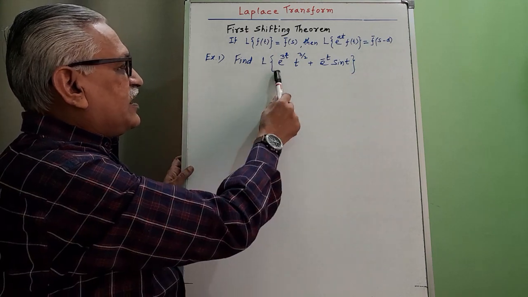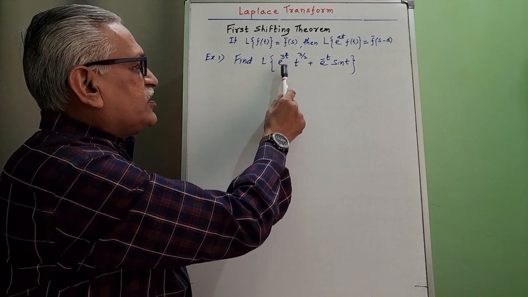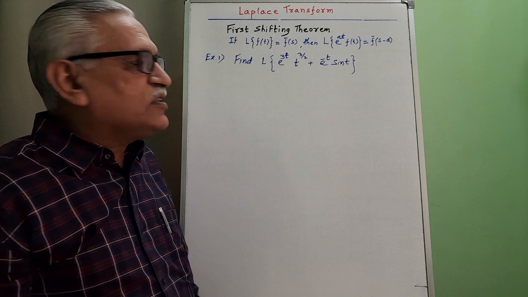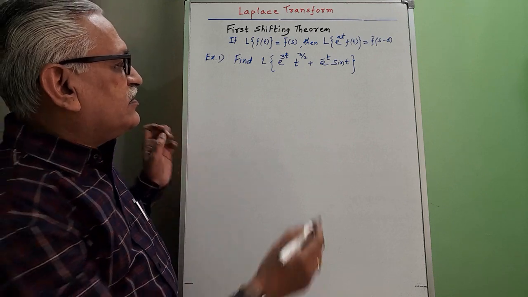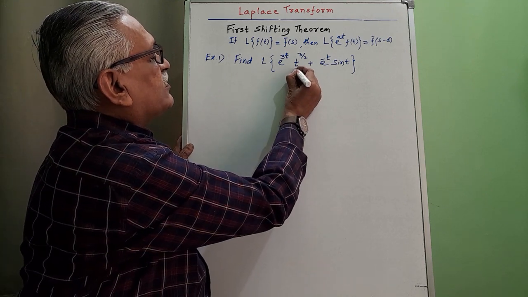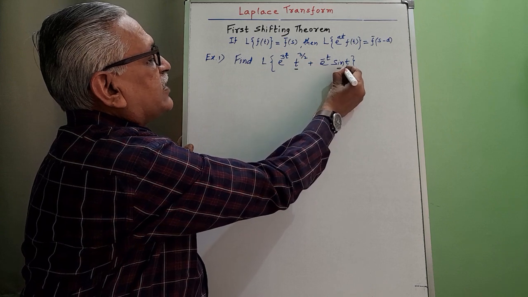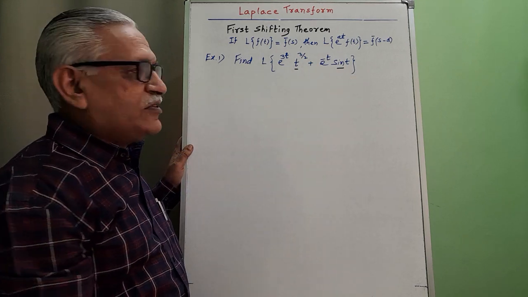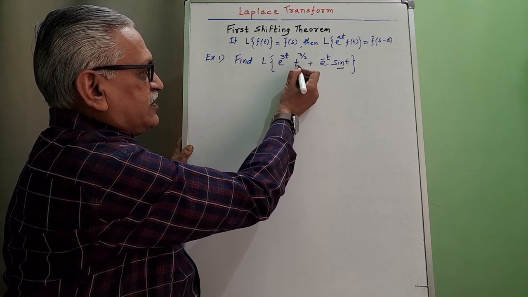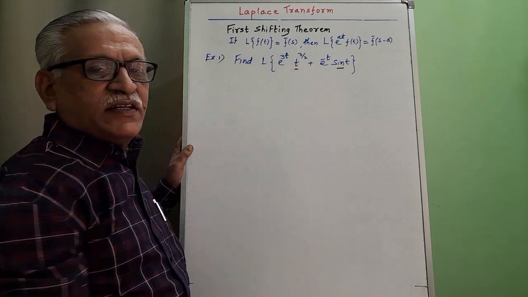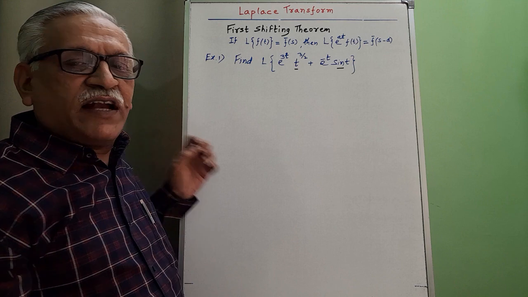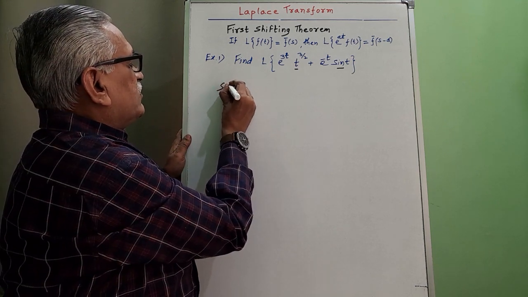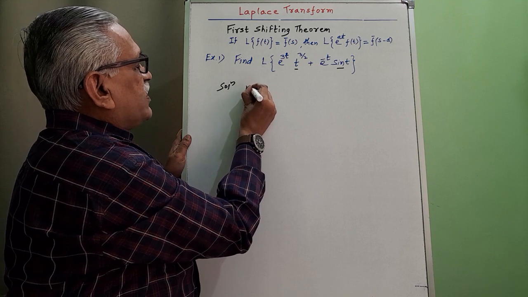Example: find Laplace transform of e raised to 3t into t raised to 3 by 2 plus e raised to minus t into sin t. Here there are two terms, t raised to 3 by 2 and sin t. Sin t is multiplied by e raised to minus t, that's why it is a problem of first shifting theorem, and t raised to 3 by 2 is multiplied by e raised to 3t, and that's why it is also a problem of first shifting theorem. And therefore we know that